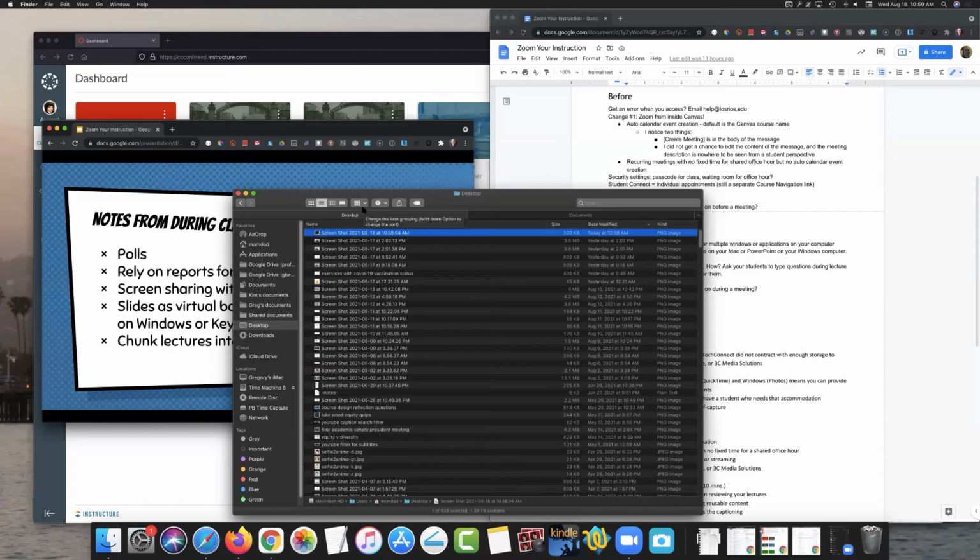And this only works if you are using PowerPoint on a Windows computer or Keynote on a Mac. So sorry, Chromebook users. If you're using Keynote on a Mac, the presentation itself must be a Keynote presentation, in other words, saved as .key, not PowerPoint opened using Keynote. So I'm going to show you. I just think this is the coolest thing ever. So I'm opening Keynote, and what you'll see is